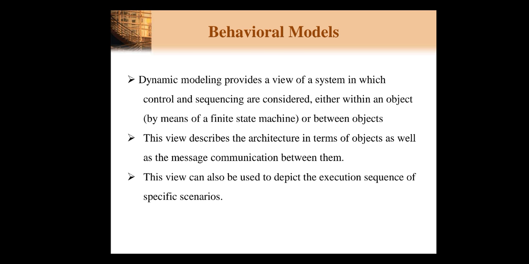That means once we have decided these are the classes and these are the objects of our system, then we need to show which class collaborates with which one with the help of the CRC card. Once we have shown that these classes collaborate with other classes, we need to show how messages are passed between these two objects, or how they communicate with each other. So this will be shown with the help of the behavioral model, with the help of dynamic modeling.